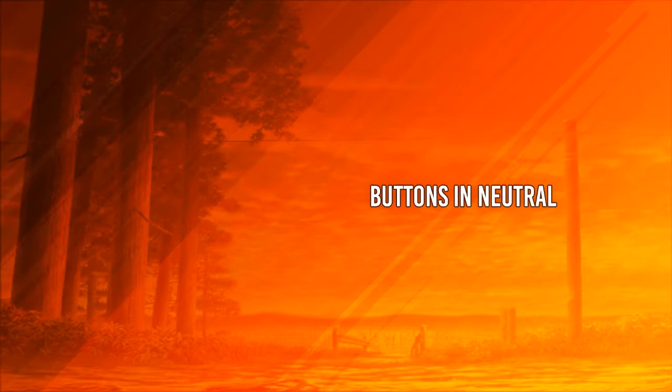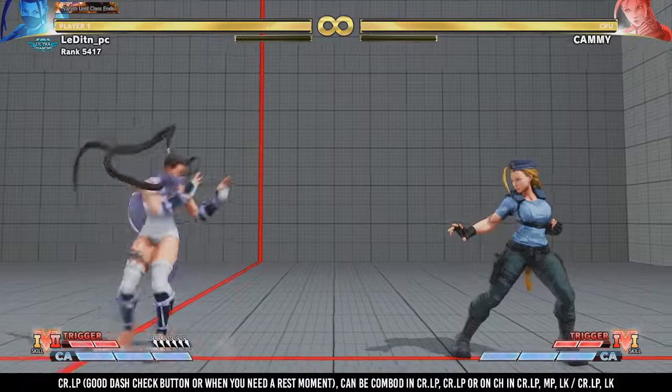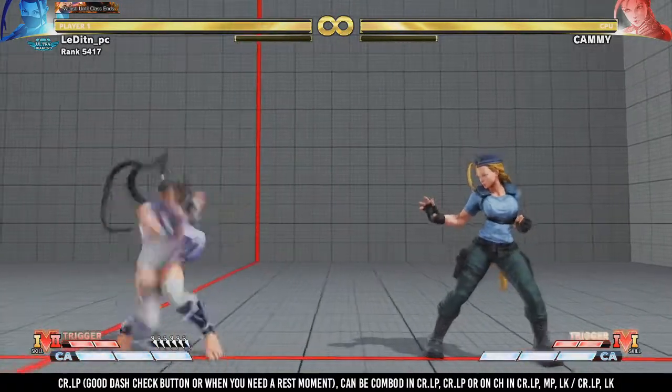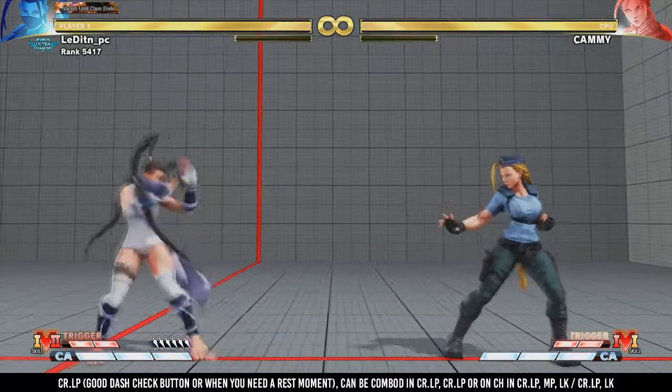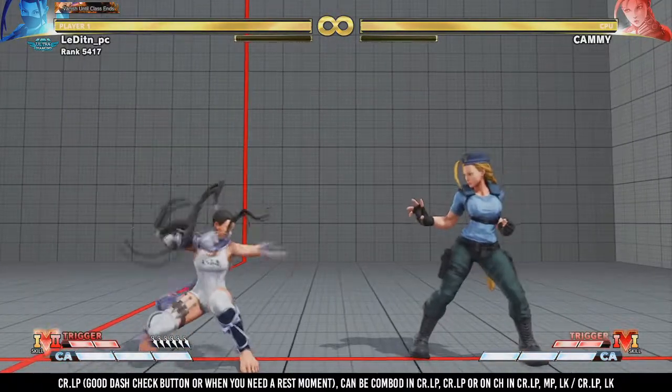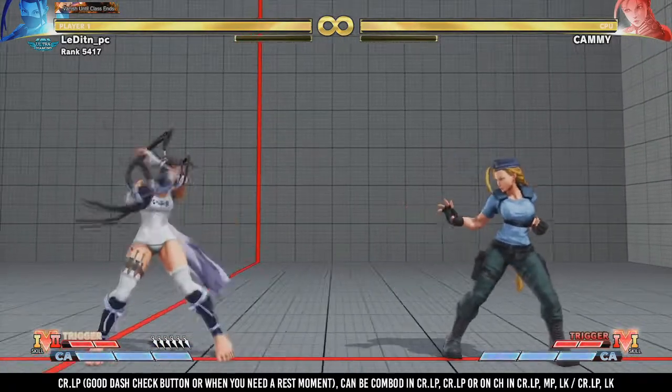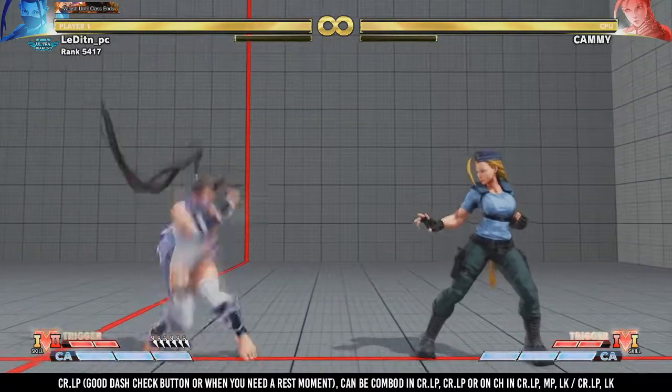The last part I want to talk about is which buttons you can use in neutral and how. The first button I want to talk about is cr.LP. This is the button I mostly use in neutral when my opponent dashes a lot or when I need a rest moment. This button has good hit and hurt boxes and very fast recovery, so it's mostly safe to use